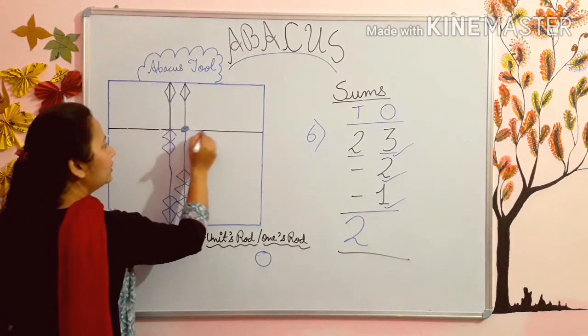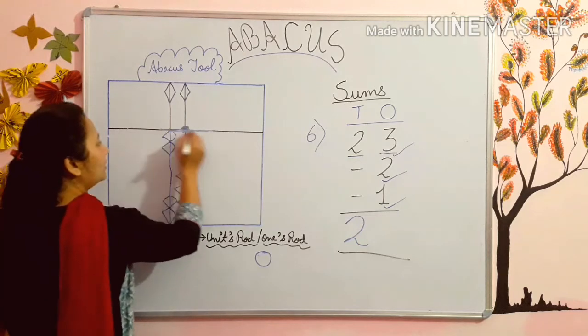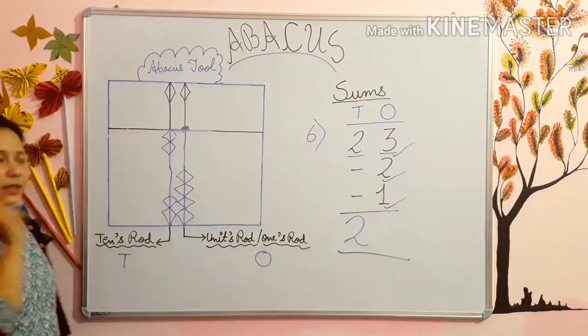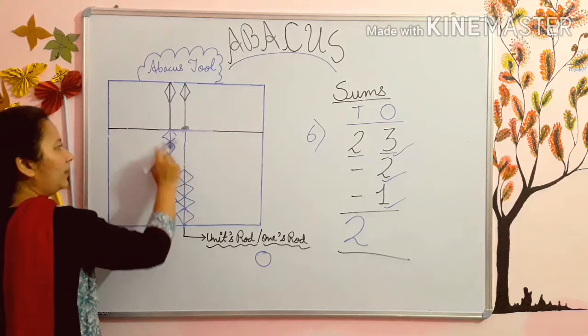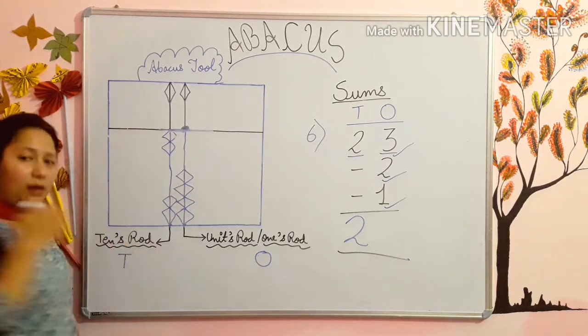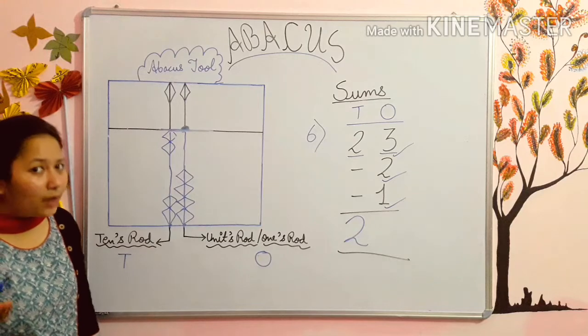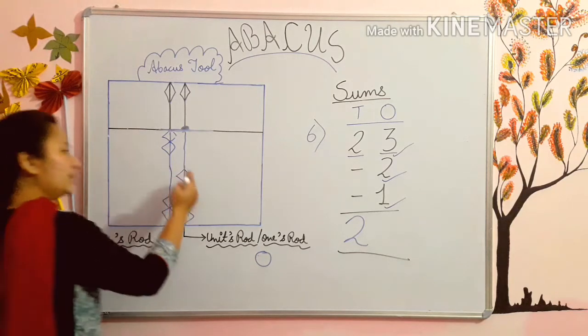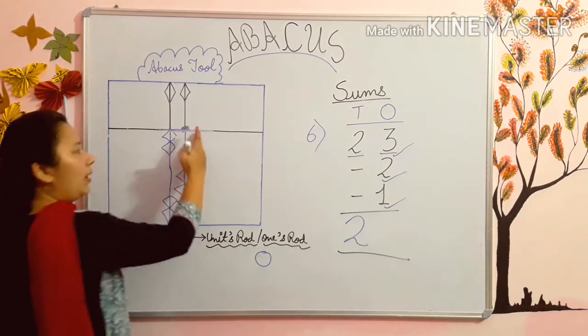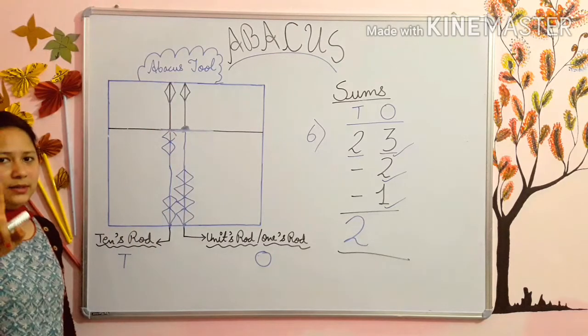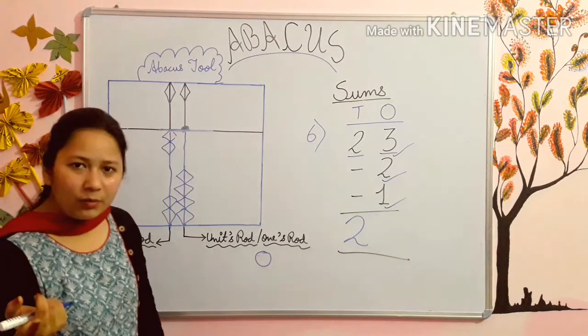वो इस line से touch होती है, when it touches this line, तब आप उसे count करते हैं. जैसे ये 2 beads हैं, ये इस line को touch कर रही हैं, तो आपने इन्हें count किया. आपने नीचे वालों को तो count नहीं किया. You have not count the down one. Same way, when it will go up, then only you will count it. जब ये ऊपर जाएंगे तब आप इन्हें count करेंगे.